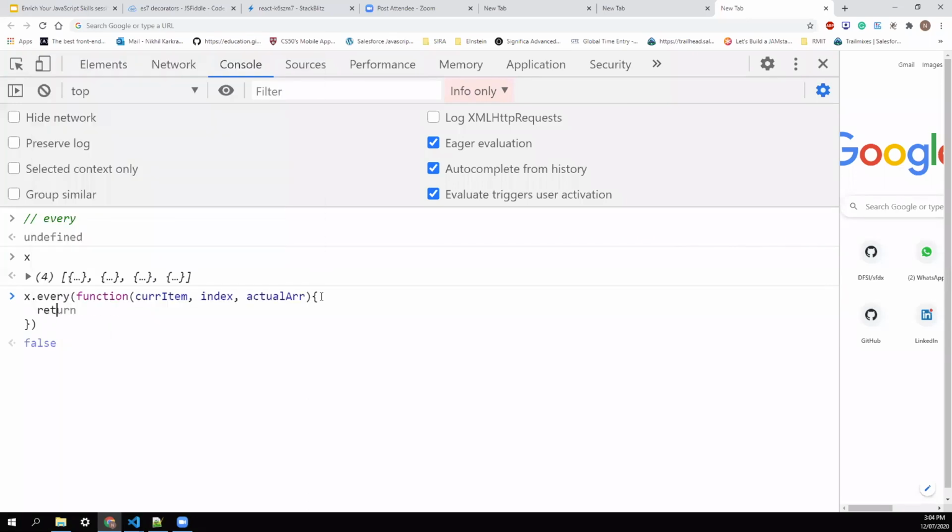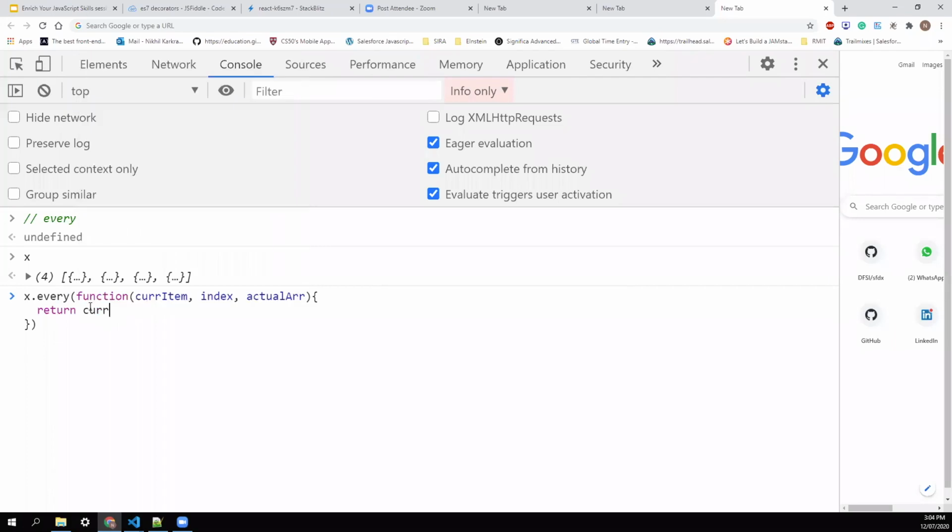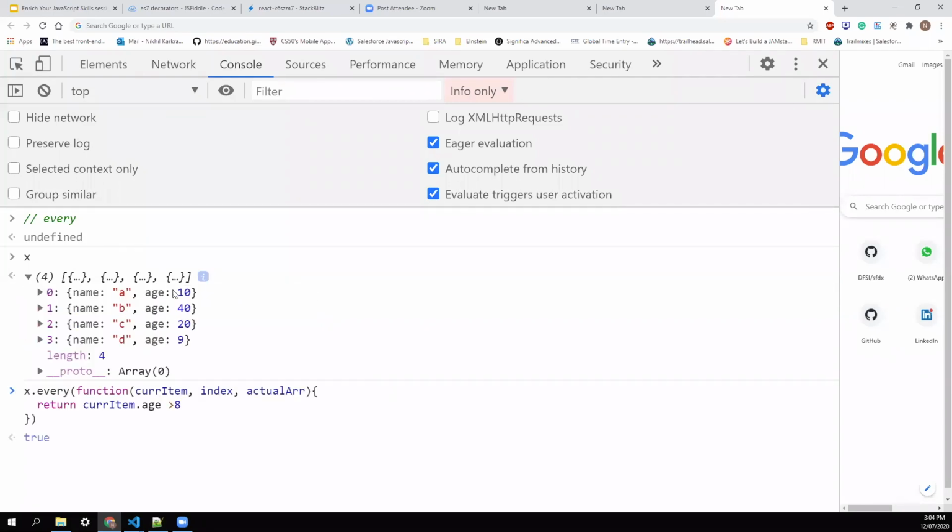So I'm saying check every element in an array whether age is greater than 8 or not. So I said current item dot age is greater than 8 or not. If I open my X array, that is the actual array on which we are doing the every operation, age is greater than 8 for all of the objects.